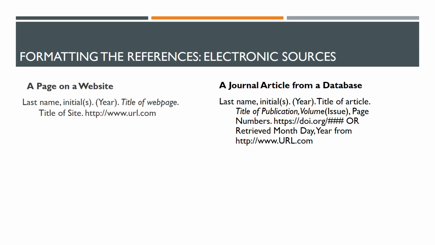We have here templates for a page on a website and a journal article from a database. Let's talk about each. A page on a website needs these parts. Author, formatted as last name, comma, first initial period, second initial period, again, if it has a second initial. Date, formatted as the year in parentheses. If your source has a more specific date, by the way, you format it as year, comma, month, day in parentheses. Next, the title: format it with the capitalization rules we discussed earlier, and place it in italics